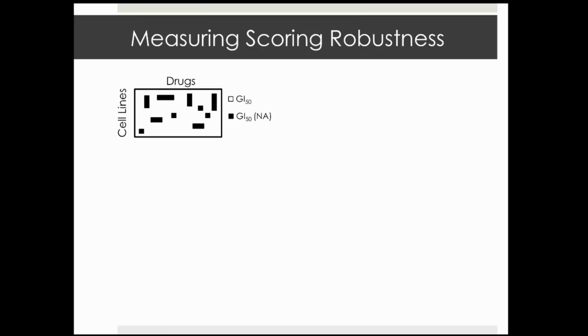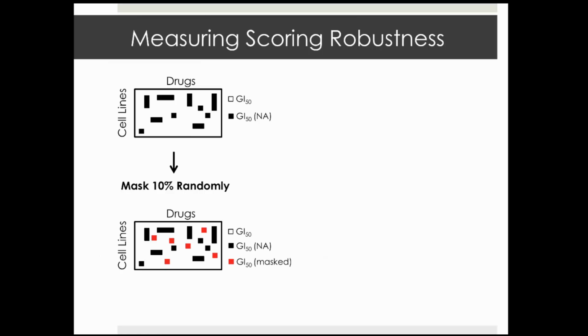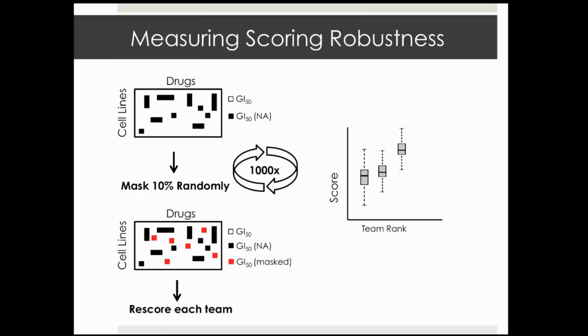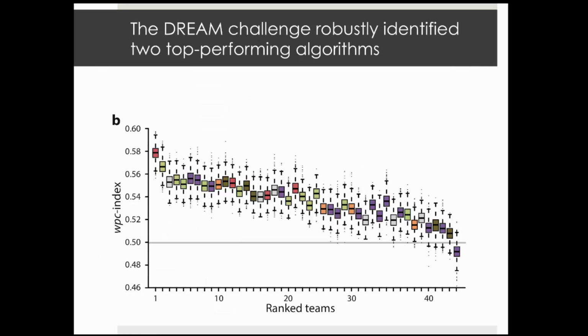But if we take the drug response data, mask 10% of this randomly, and then rescore each team and do that 1,000 times, then we can end up with a distribution of scores for each of the teams. And this actually is what we use to compute the p-values to assess whether or not teams are distinguishable from one another. Here's the distribution of all